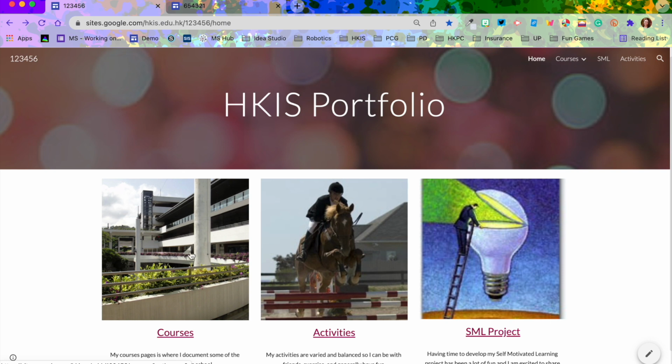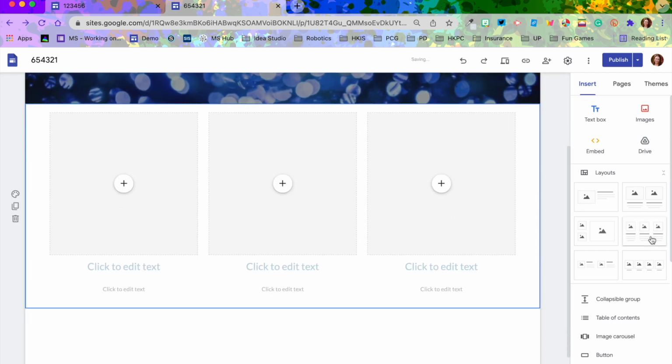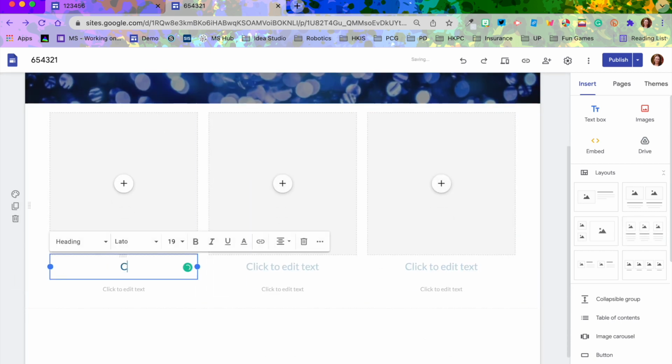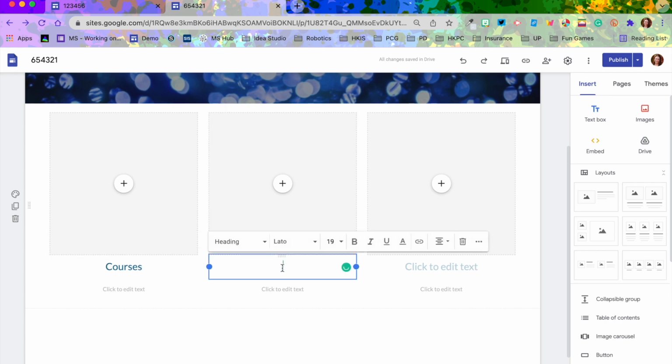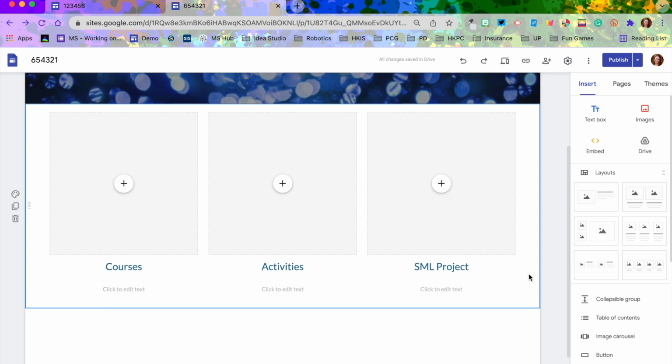When we look at our sample, we have courses, activities, and self-motivated learning project. So I'm going to go ahead and take a look at the layouts I have here on the right-hand side. And I'm going to click the layout that has the 3 pictures and then the descriptions underneath. So if I click this, this will automatically come up, and I'm going to do courses, activities, and then SML project. And I want to think about, how do I want to represent these particular